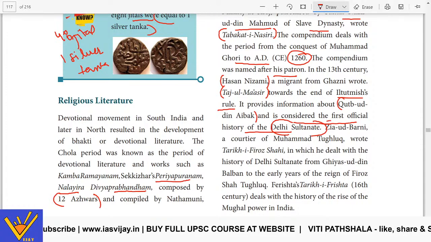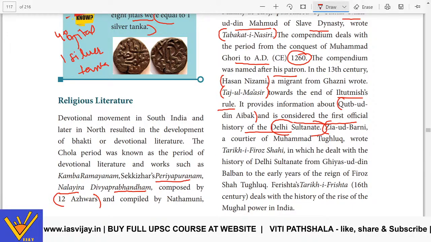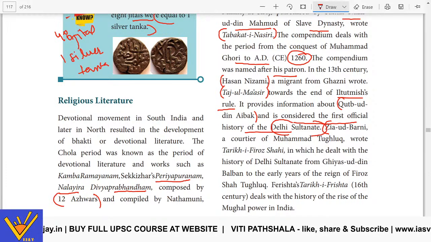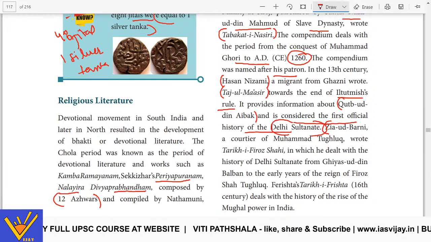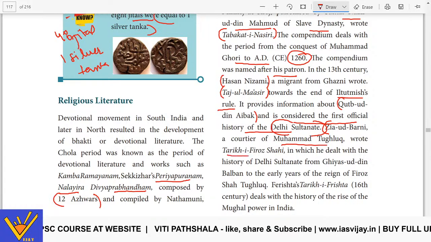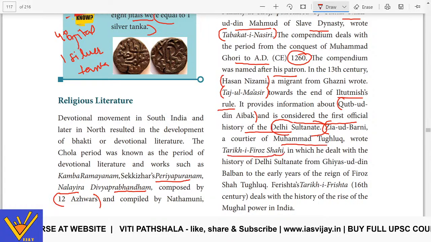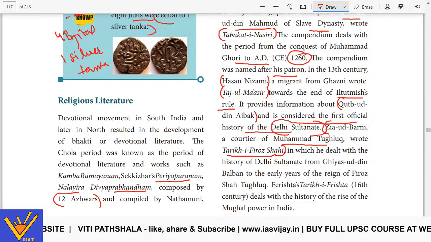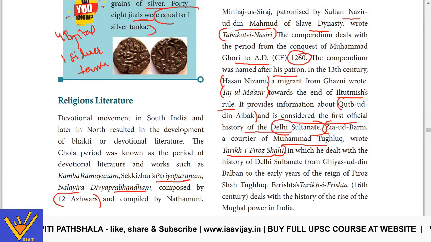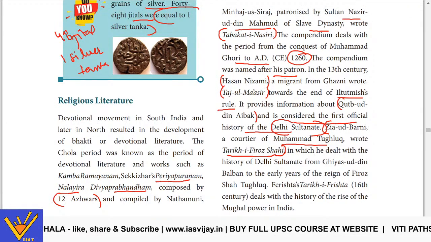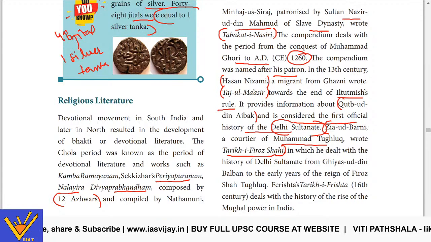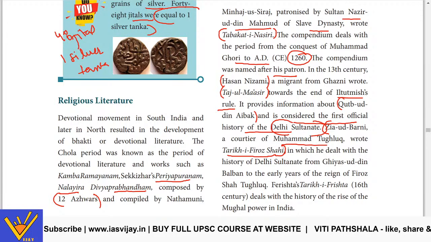Now these names are very famous, and these are the books that you have to remember, and the UPSC also asks about them. So Ziauddin Barani was in the court of Muhammad Tughlaq. He wrote the Tarikh-i-Firoz Shahi. Now he was in Muhammad Tughlaq's court, and after his death he said that the people have been freed, the king has been freed, and the people are also freed from the king.